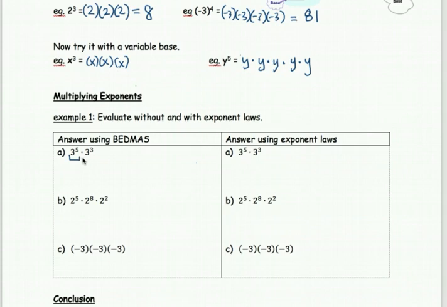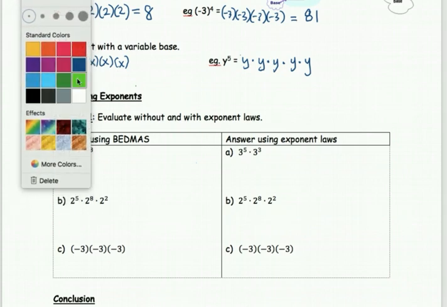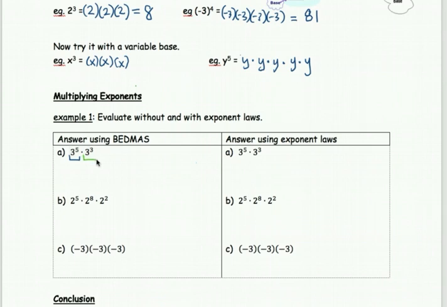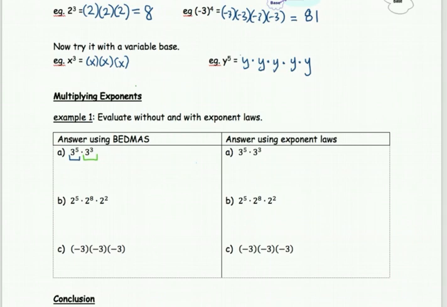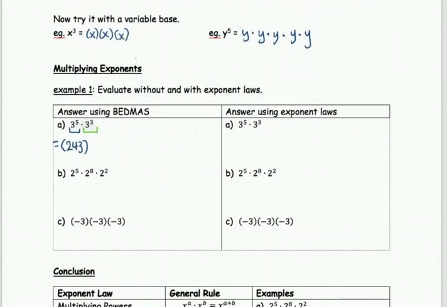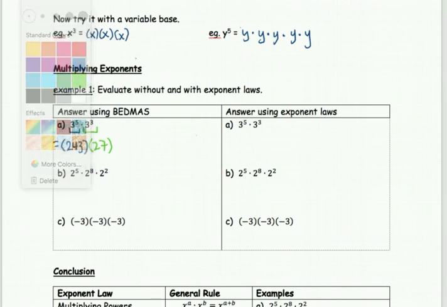So I'm going to take care of the 3 to the 5, and then I'm going to calculate the 3 to the 3 next, okay? So if I calculate 3 to the 5, that's 3 times 3 times, 5 times, right? So that'll become 243. Okay, so 243, that one. All right, and then the other one, 3 to the 3 is 27. Okay, and then now let's take the product, multiply those together, and you'll end up with an answer of